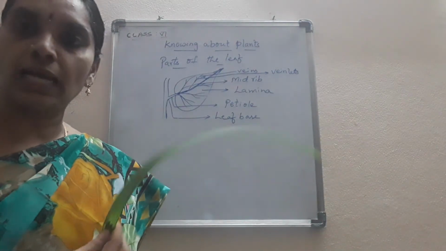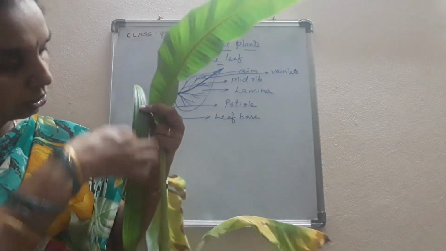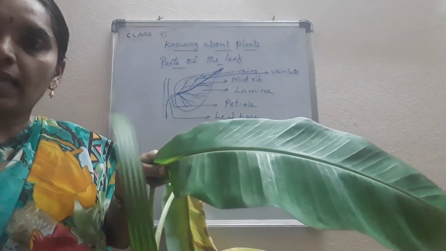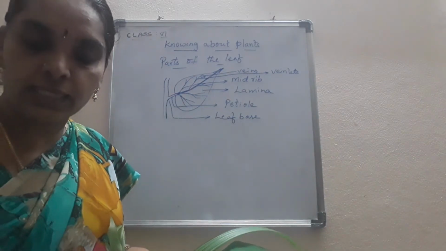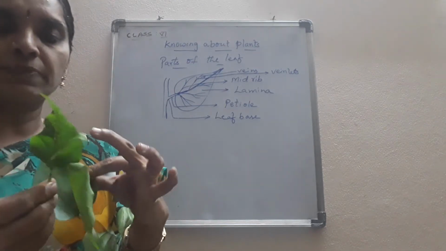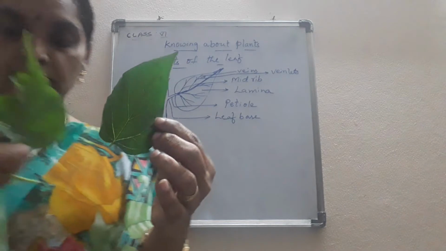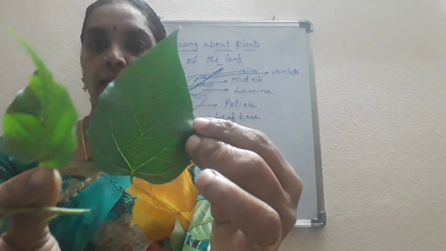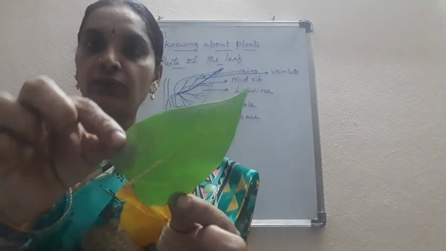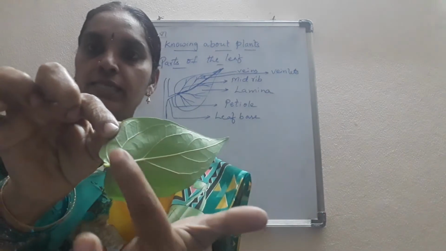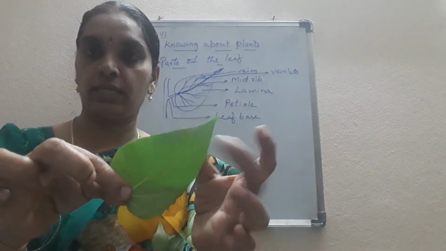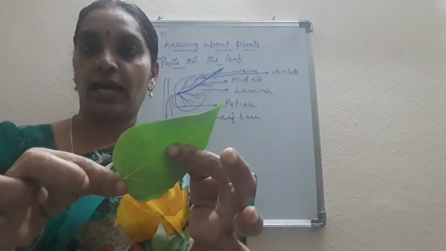Okay, so here in the tadi leaf, you can see it's in the vertical position, all are parallel to one another. They are not connecting to one another, isn't it? But this is the leaf of Parijatam and the other one, peepal, I have shown you. If you observe this leaf, you can see the network-like arrangement. See here the veins. Easily at the back side you can observe the network-like arrangement of the veins and veinlets. Okay. So this type of arrangement of the veins over the leaf lamina is called venation.